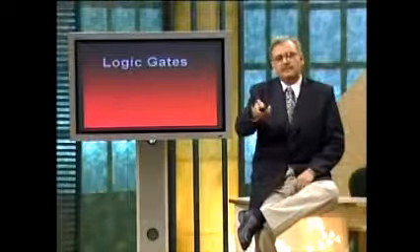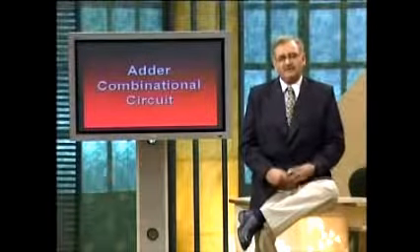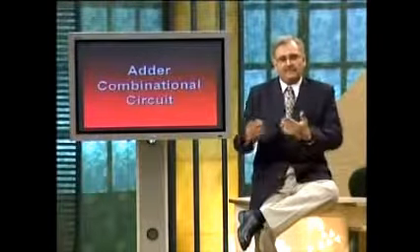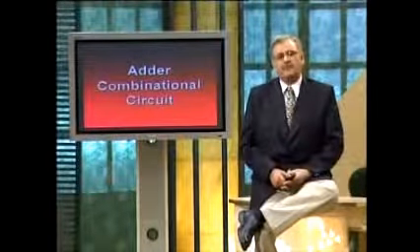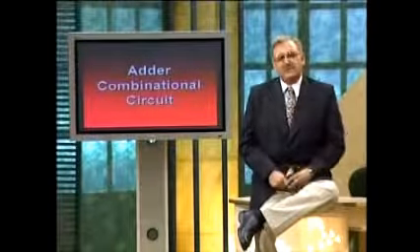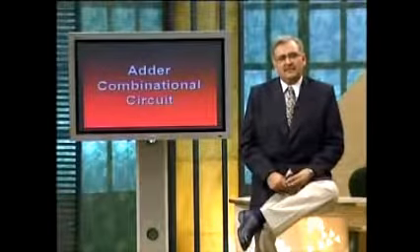Consider the example of an adder combinational circuit. An adder combinational circuit is able to add 2 binary numbers and give an output which is of course the sum of 2 binary numbers. The adder circuit uses AND gates, OR gates, and exclusive OR gates. An adder circuit is formed by the combination of AND, OR, and exclusive OR gates and is able to add